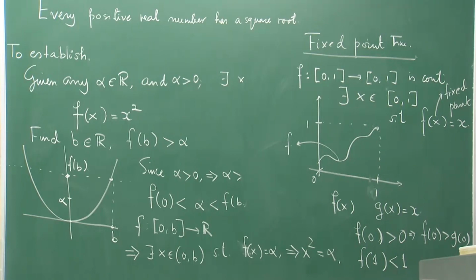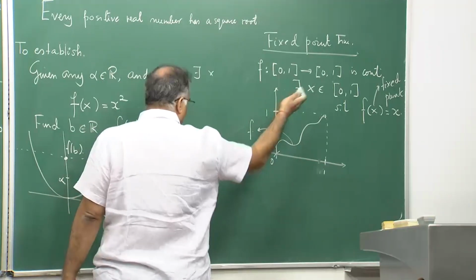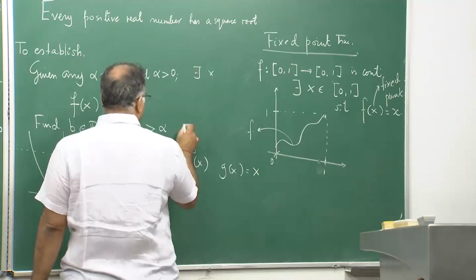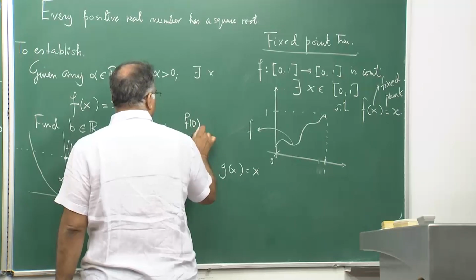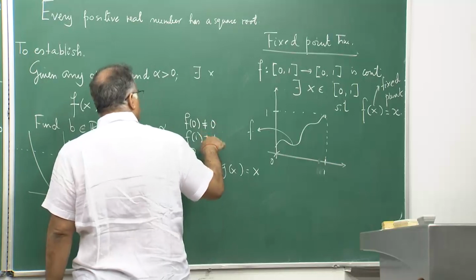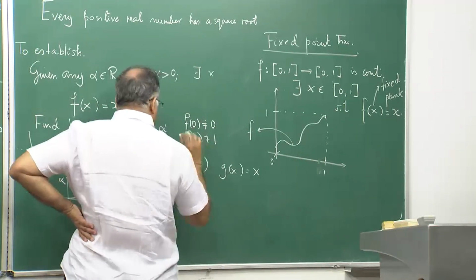So, what is happening here? I have taken f(x) as the function, and for me g(x) is equal to x. Now, let me be in a situation where f(0) is not equal to 0 and f(1) is not equal to 1, because if any of these conditions happen, then this result is true. Then in this case,